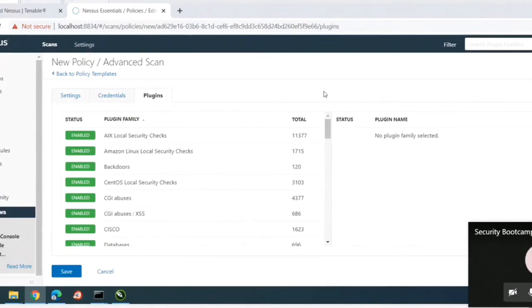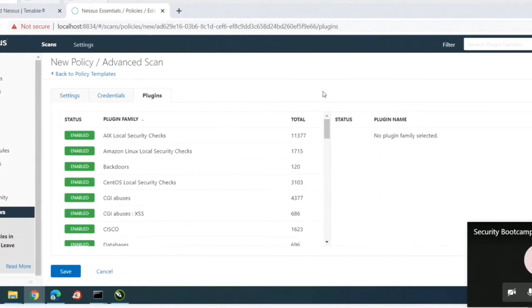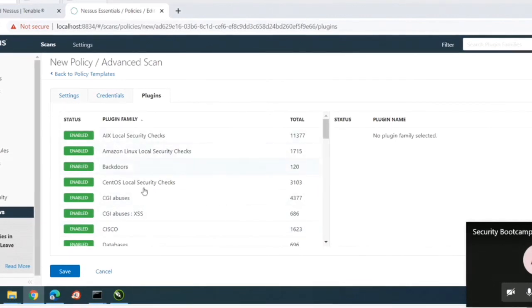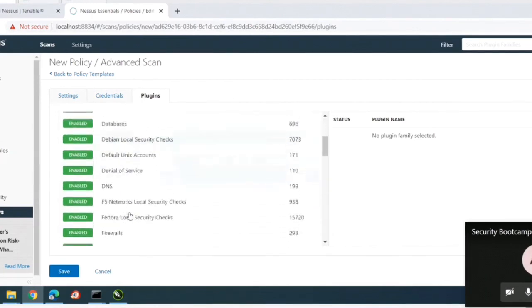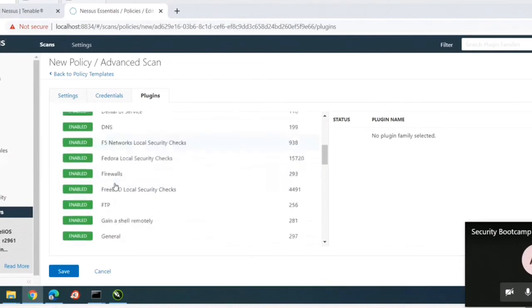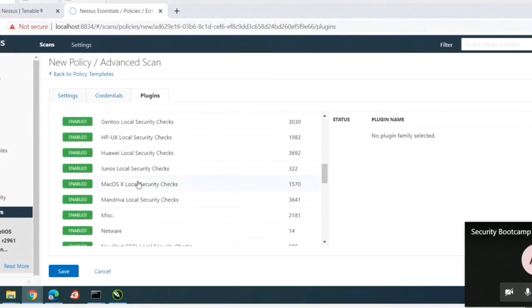Not extra features, if I just say, because what we are doing right now, we are going for a vulnerability scan. If I have chosen a profile here, which includes backdoor, AIX, Amazon Linux, CentOS, CGI abuses, cross-site scripting (XSS), Cisco, database, Debian, Unix, so these are all profiles.